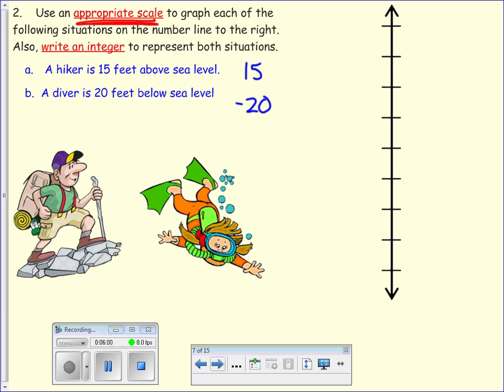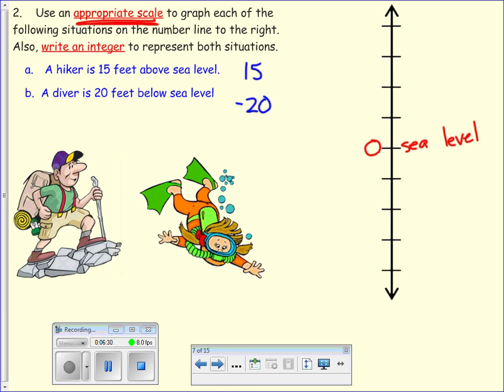I have to go from positive 20 to negative 20. So I need both sides of 0. So I'm going to put 0 right in the middle. And remember, 0 represents, and if you want to label it, you can, 0 represents sea level. We don't always have to put 0 in the middle of our number line. 0 can go at the top or the bottom, but because we know from looking at our answers, we need